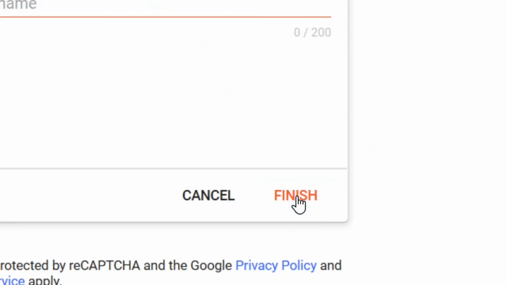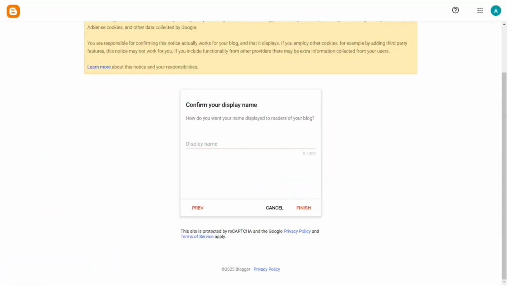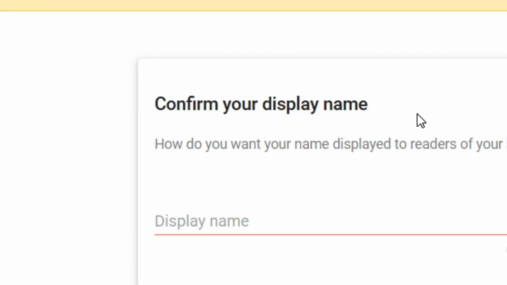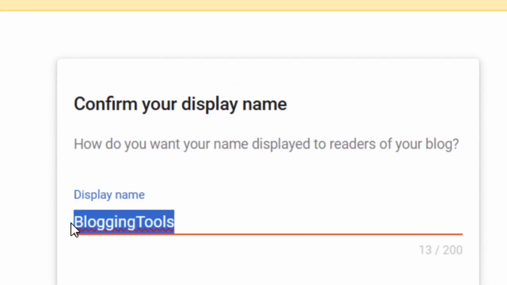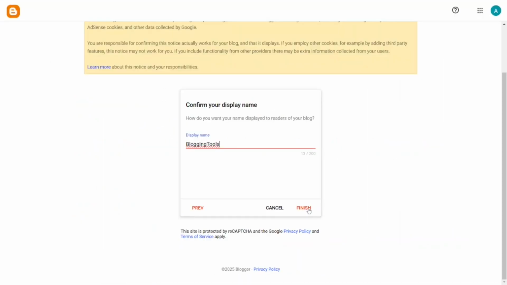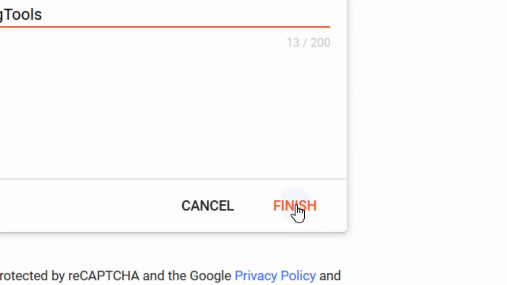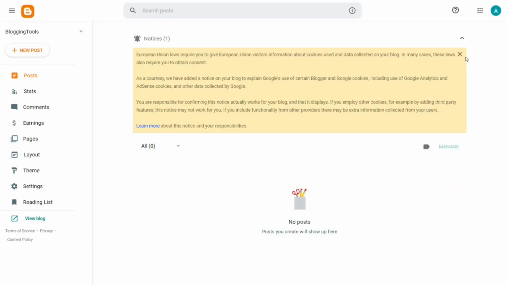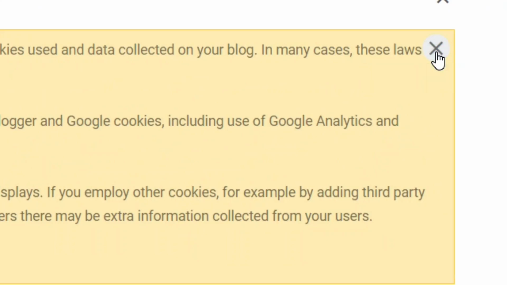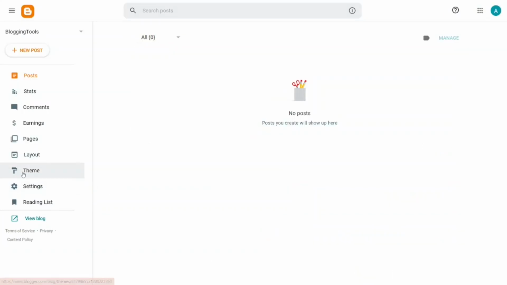And then simply click on the next. Okay, after that, over here you have to confirm your display name, and for the display name I'm going to use the exact name, that is blogging tools. Okay, and after that simply click on the finish. So the next thing is to simply wait for your website to be built for you. And as you can see, simply close this one, and we have successfully created our website